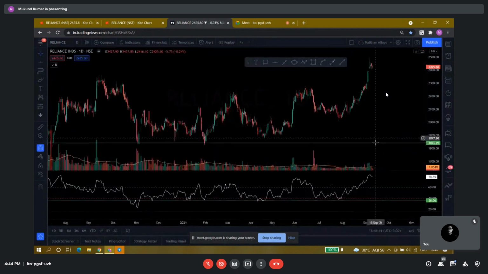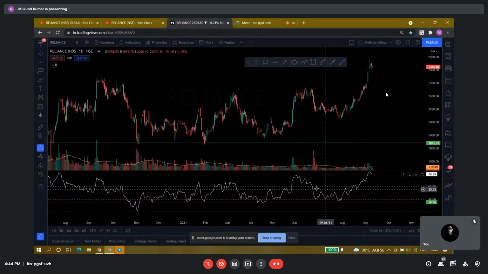तो रिलायंस का चार्ट देखना है। रिलायंस में क्या हुआ, 60 के ऊपर आया, देखिए कितनी तेजी से स्टॉक में रैली हुआ है, 2000 से सीधा 2200 पहुंच गया, 2250 पहुंच गया। फिर देखिए यहाँ नीचे आ गया, साइडवेज में घूमता रहा। यहाँ से प्राइस नीचे आया और पूरा का पूरा एक साइडवेज जोन था।